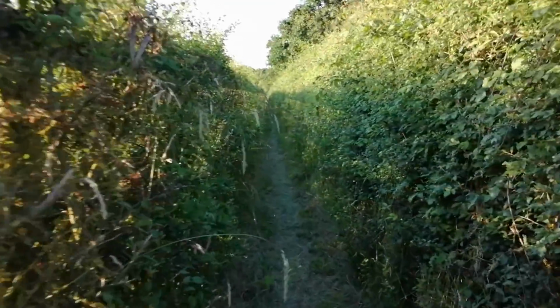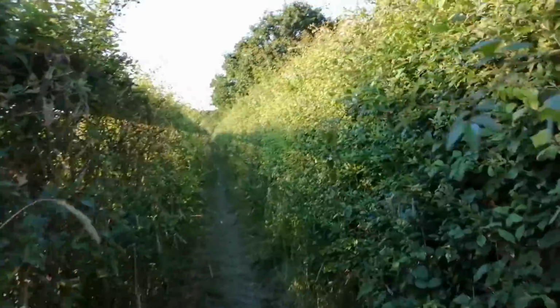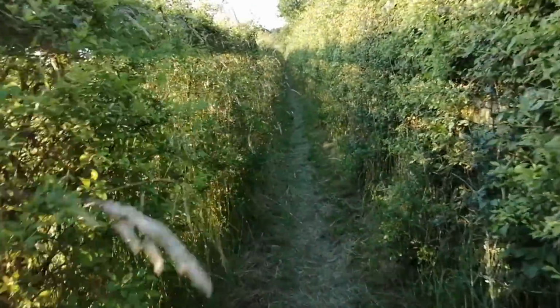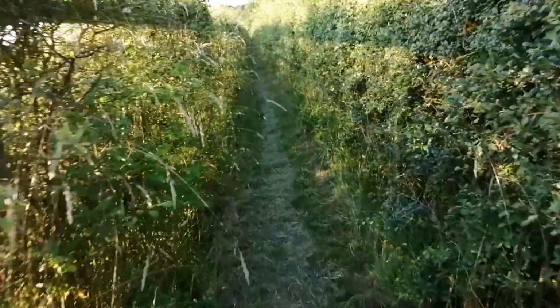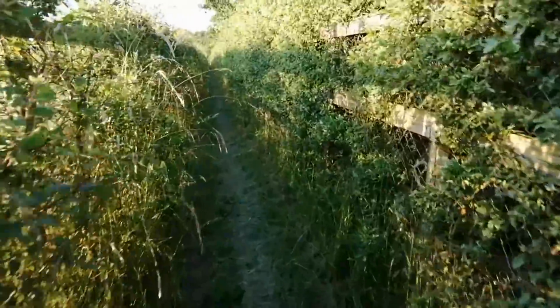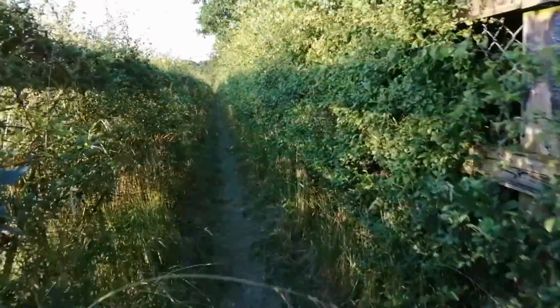Right, enough talking, Tom. Let's get walking. We can do this. This has not been walked for a long time. It's quite overgrown. This is probably the best bit so far, but you're constantly getting caught on brambles, stung by